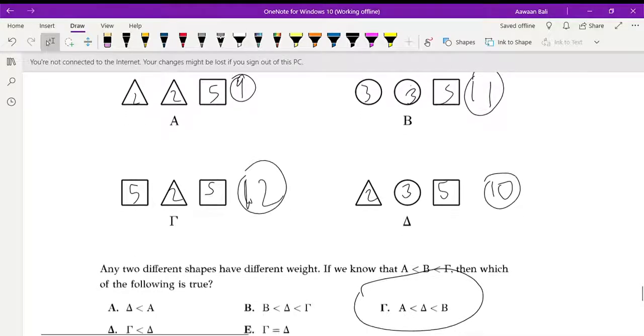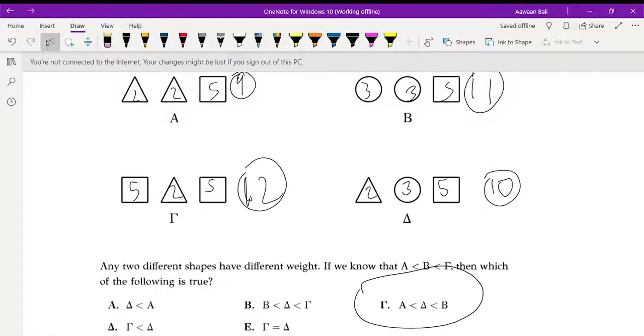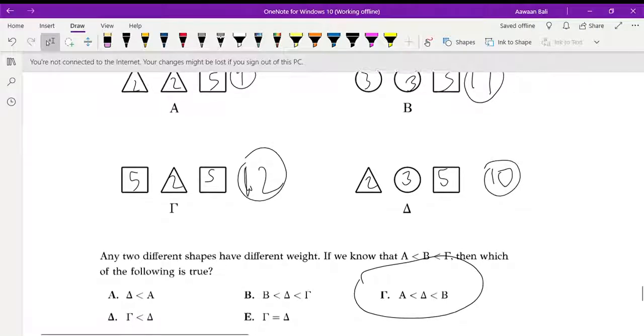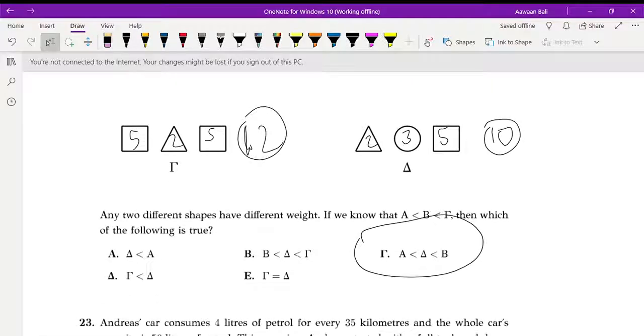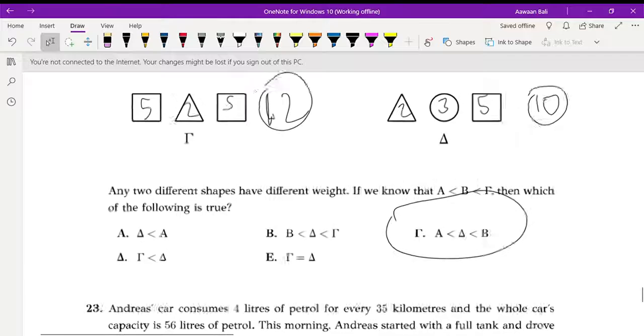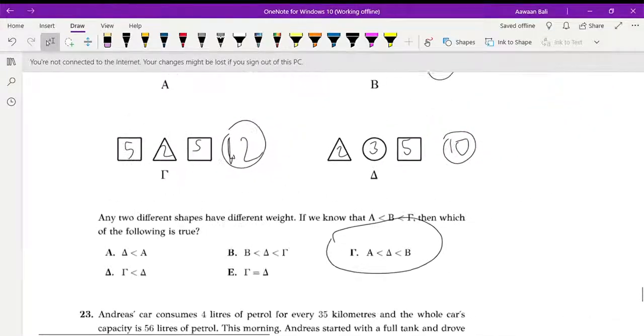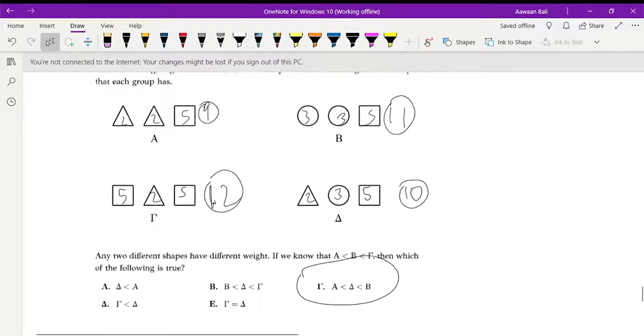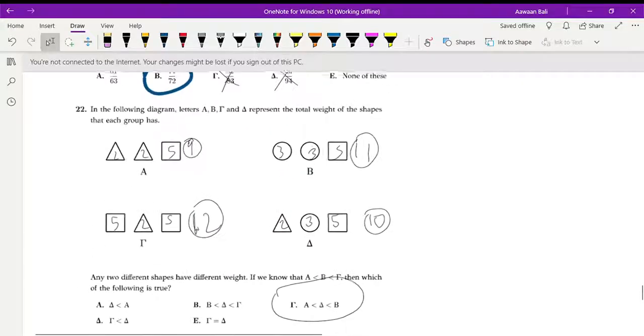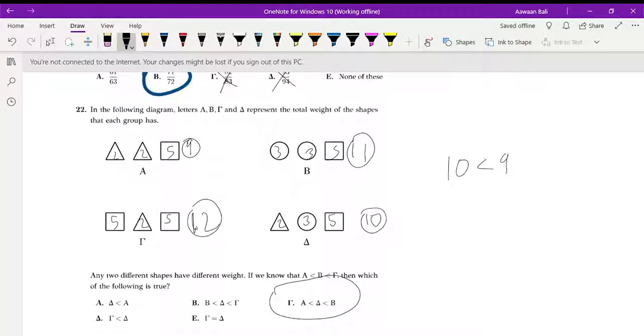Beta is bigger than delta? No, beta is smaller than delta, which is wrong. And delta is smaller than gamma, which is correct, but the beta at the start is wrong. So we can say alpha and beta are wrong. Now gamma: alpha is smaller than delta, smaller than beta. Wait, let me just write them all down according to what they're saying. So 10 is smaller than 9 for alpha. That's wrong. For beta,